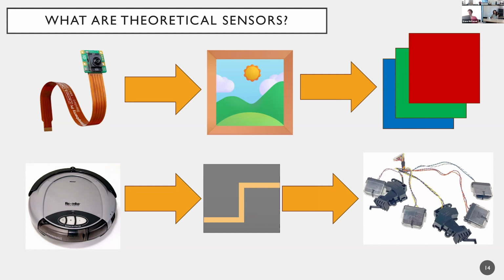We tend to think of sensors as having a one-to-one correlation with the information they provide, and we gloss over the sort of mental tricks we do to make this consistent in our own minds, like thinking of cameras as providing images, or even saying that a sensor is capable of detecting a bump. But this is actually just an abstraction. And so to give you a better idea of what a theoretical sensor is, which is most sensors, I'll go